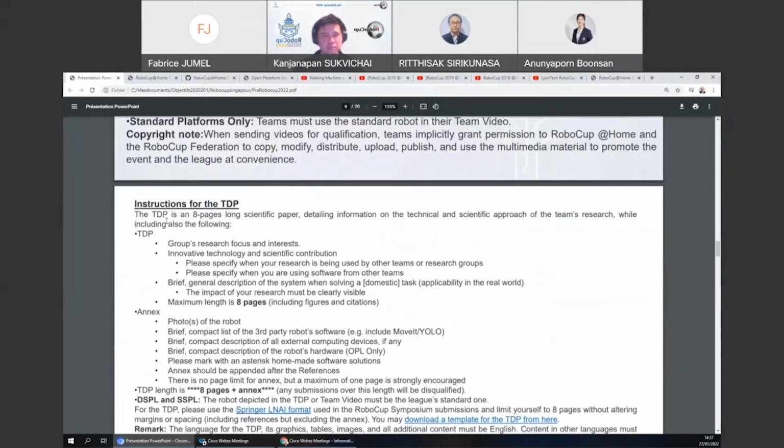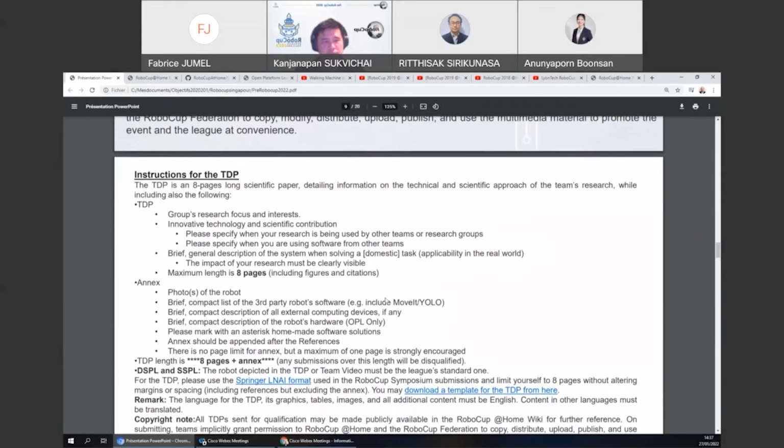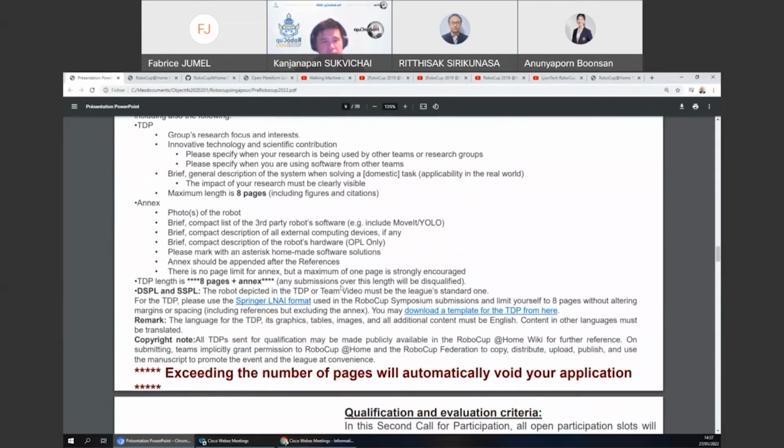You need a document which is 8 pages long, in which you describe your robots, you describe the architecture, hardware if needed. In the case of an open platform, it's needed, and all software aspects. And we need some information about a scientific paper, organization of the team, what the scientific approach of the team is. Some teams are more engineering teams, but globally all the teams involved in the RoboCup have a strong link with research. So here we have the details of what is